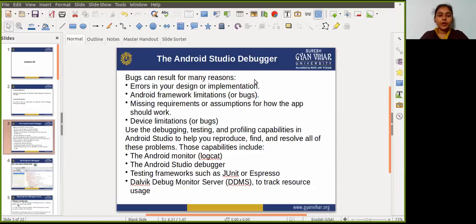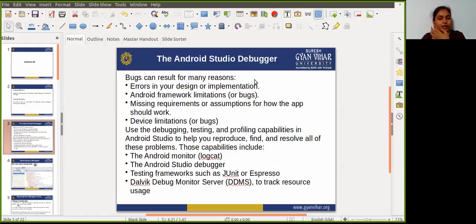So debugging is the process of finding and fixing errors, that is bugs. Okay, or unexpected behavior in the code. All code has bugs, from incorrect behavior in the app to behavior that extensively consumes memory or a network resource, to the app finalizing or crashing. So a bug can be the result of many reasons.